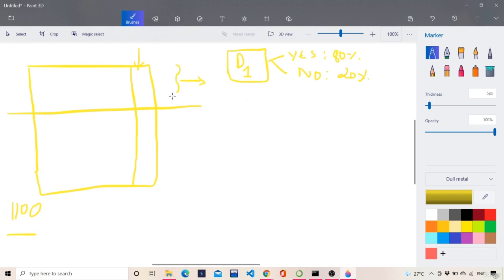And aggregating means what are we aggregating? We are aggregating this algorithm. Aggregating is nothing but running the algorithm on this subsample which is extracted. So the decision tree was run on these 50 rows and we got the result as 80% was yes and 20% was no.